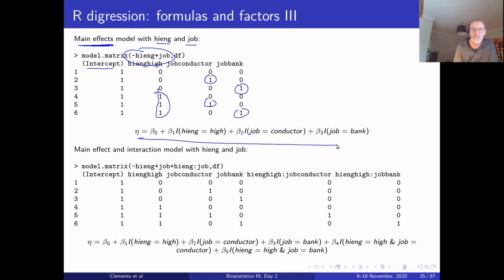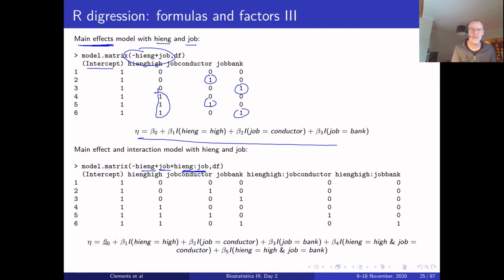And that's the linear predictor there. It gets a little more tricky when we start to have both main effects and an interaction model. So we have the main effect for high energy, a main effect for job, and an interaction between high energy and job. And what I might do is start off with the